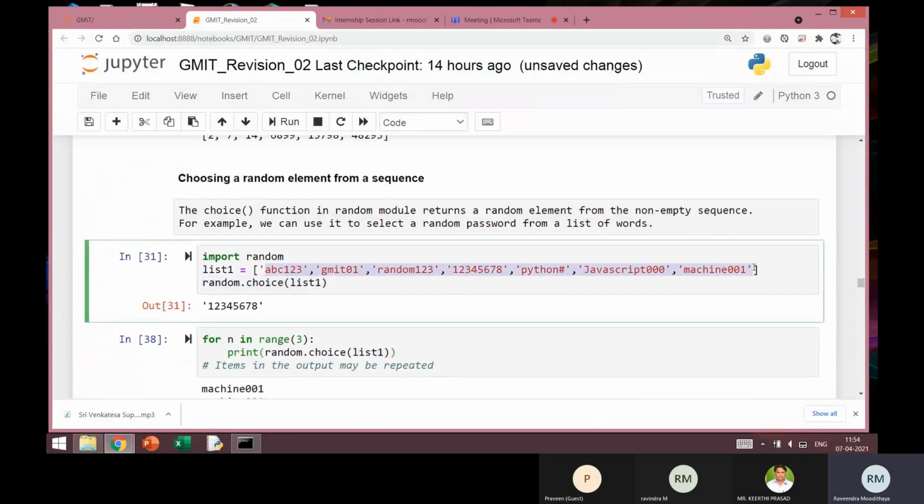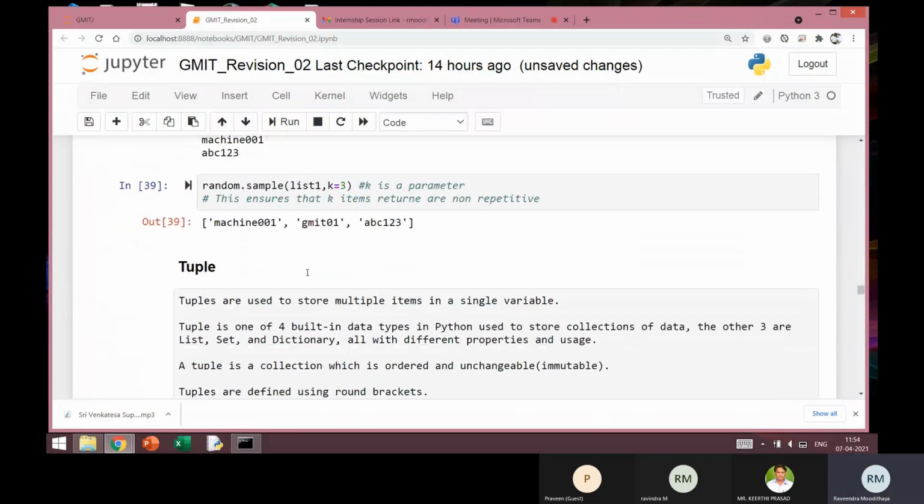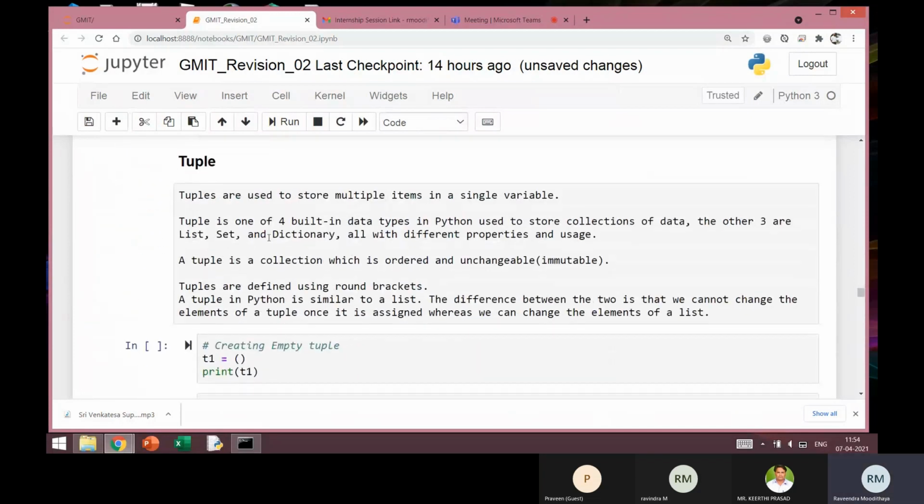So this is a collection type of data where it has collected a few words and given one name for the entire collection, one variable name. So the list, tuple, set, and dictionary all belong to this class, with some differences between them.